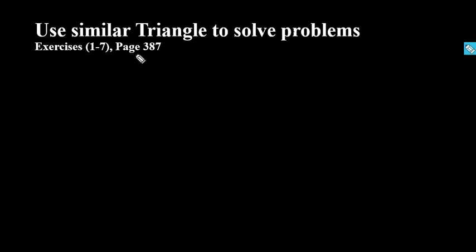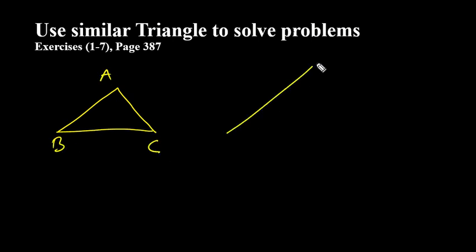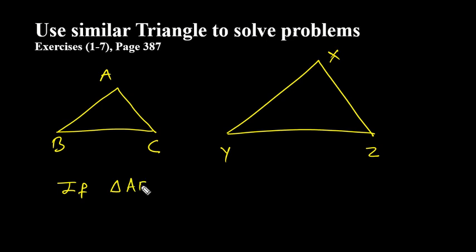Okay, hi everybody. In this video we are going to talk about triangle similarities. So what is it? Let's take an example. If you have a triangle, let's say ABC, and if you have a triangle, let's say XYZ, and it is given in the question that triangle ABC is similar to triangle XYZ, then we have a few ratios which should